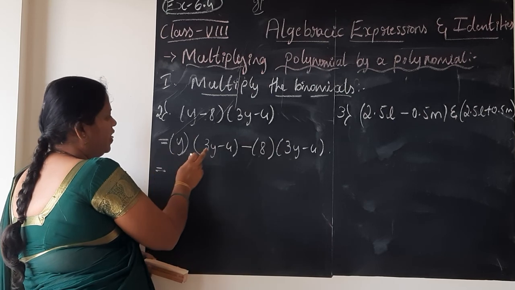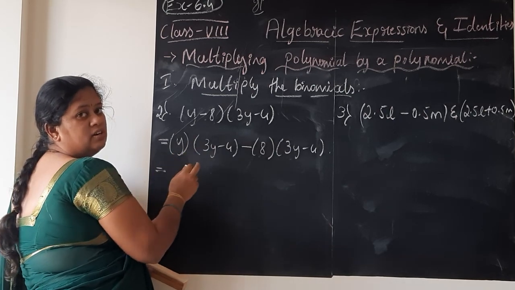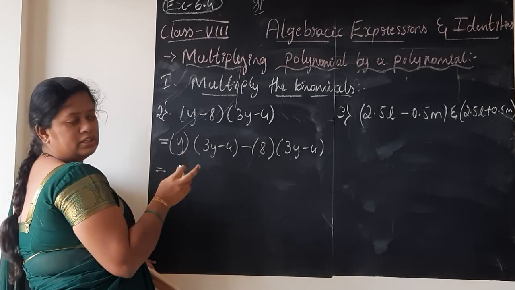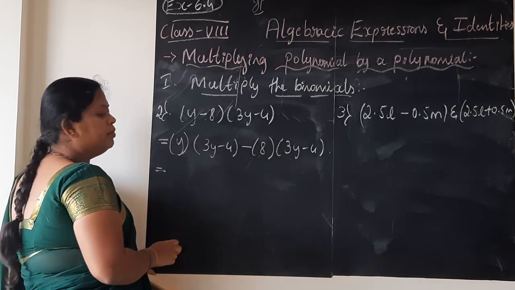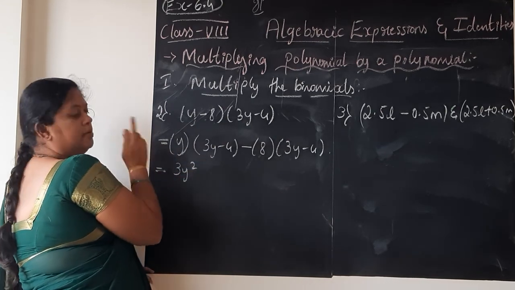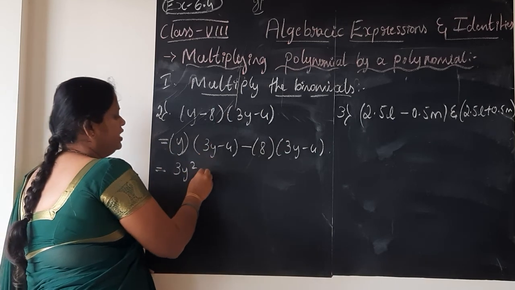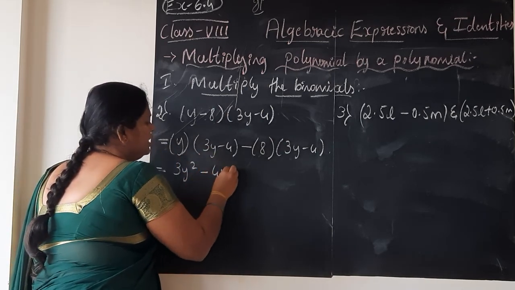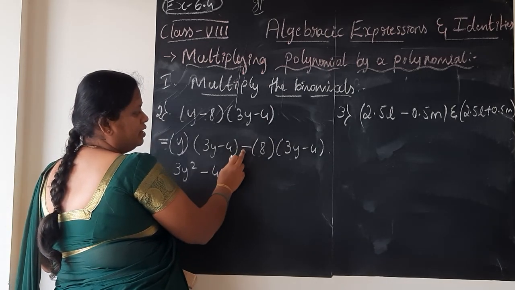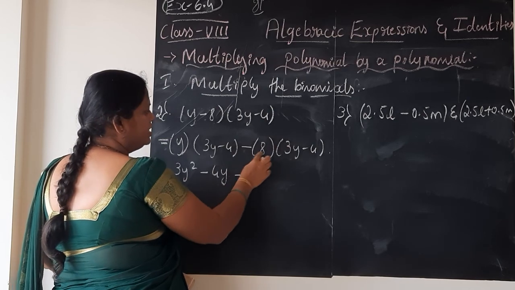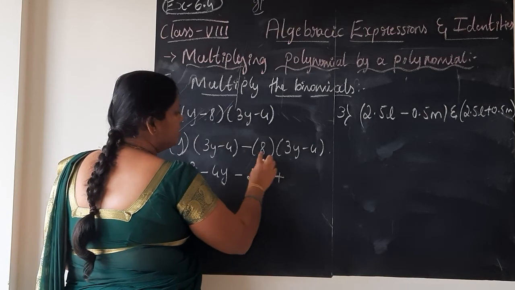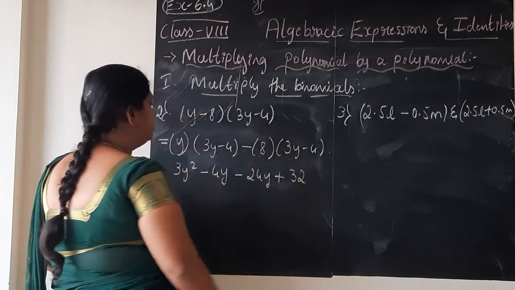So let us simplify. Now I will not tell you this adding powers and all. I have repeated it many times until exercise 6.3. So from here onwards I will directly do it, and you should be able to follow by this time. Y into 3y, 3y square. Look here, be careful with the sign. Plus into minus, minus. Y into 4, just 4y. Minus 8 is now with a minus sign. Minus into plus 3y, minus 8 3s are 24y as it is. Minus into minus plus, 8 4s are 32.